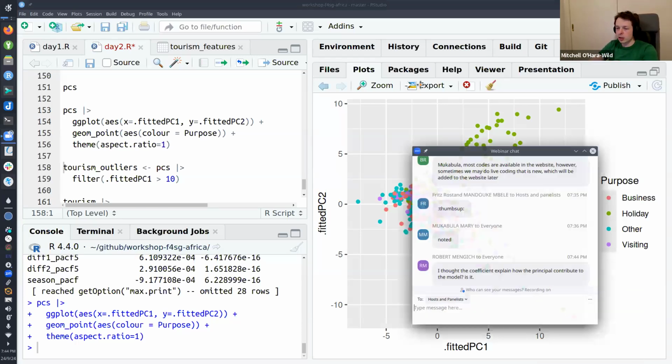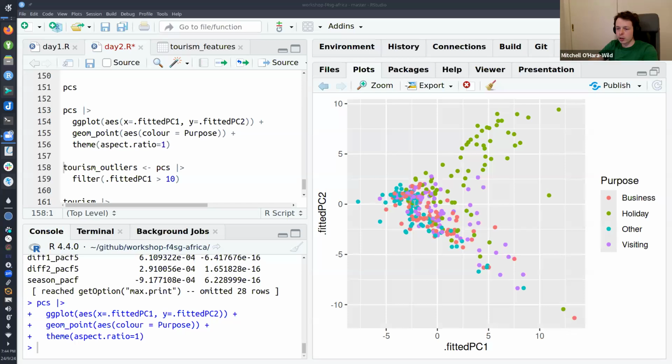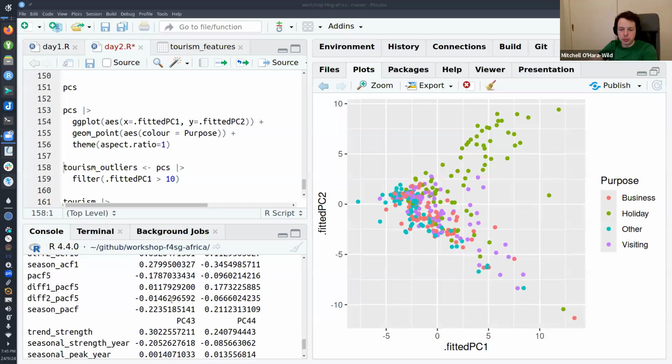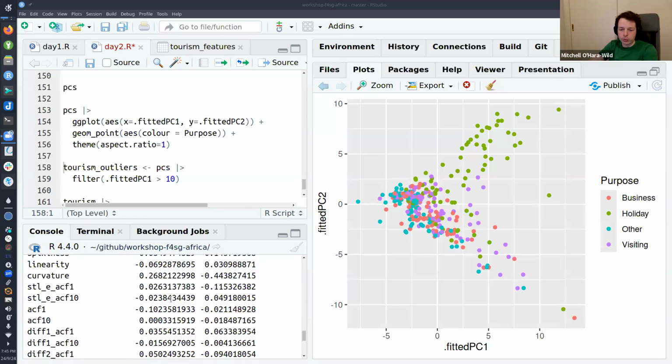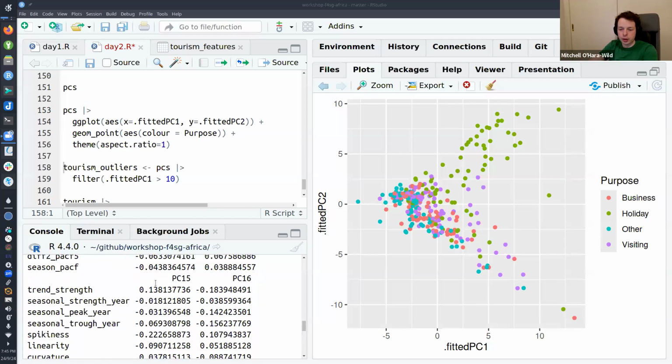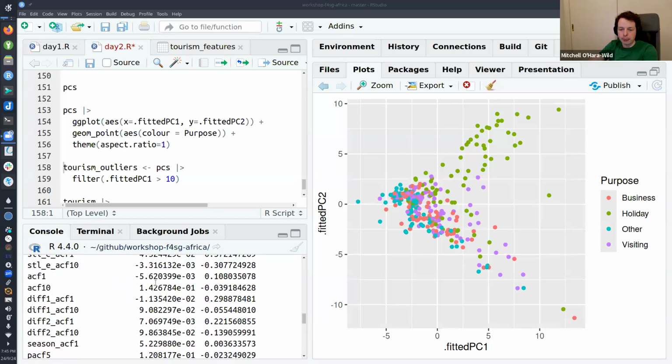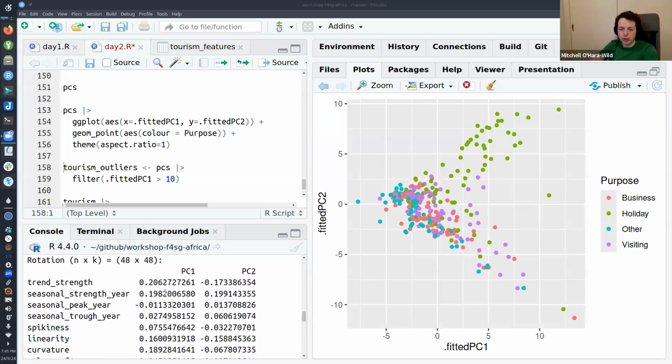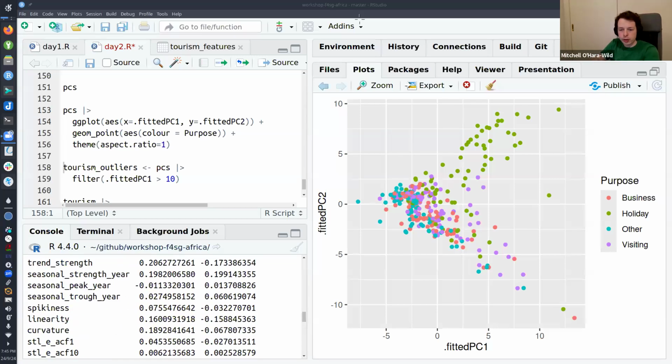And there's another question here relating to the coefficients explaining the principal component contribution. That's a different part of the output. So these are the coefficients of the linear combinations that I was talking about before. So there it is. We have trend strength. So the principal component 1 will be equal to 0.206 times trend strength